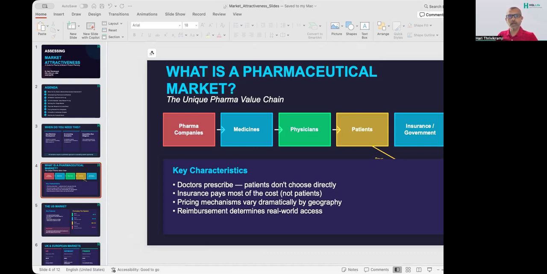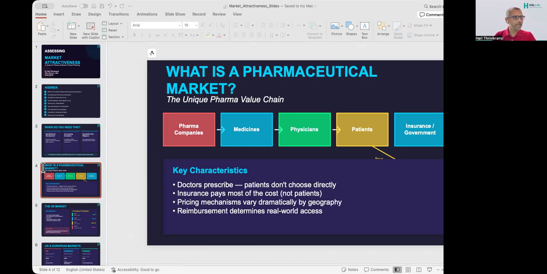And here's the really important part in most cases. Patients don't pay the full price out of their own pockets. So the insurance pays, the patients covering only a portion through co-pays or co-insurance, or the government pays, like in the UK, the single payer system, National Health Service, paying the full tab of the prescriptions. But this varies dramatically by geography within Europe also. So the UK, but the systems within Europe are more or less very similar, while in the US, it's very different.